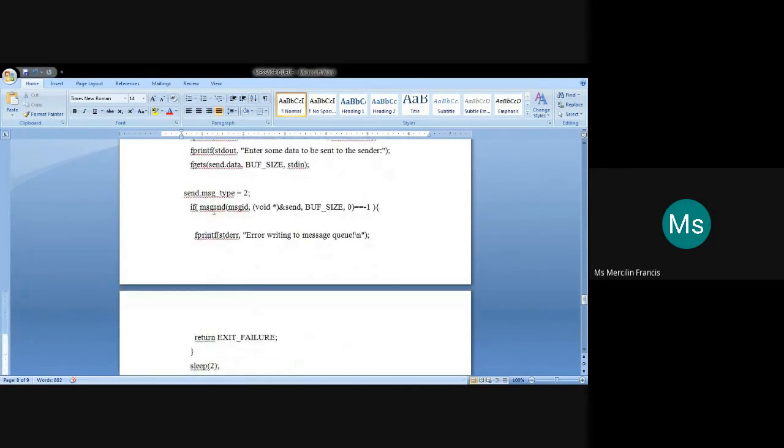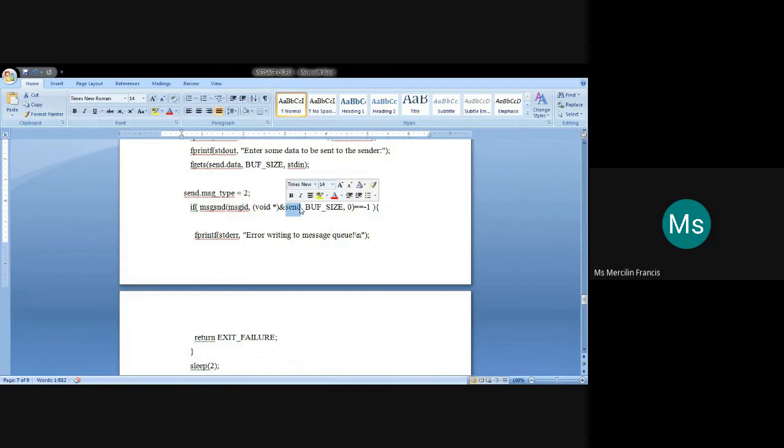Then MSG send. Once you have the data and type variable, using the MSG send function you will be able to send the data to the message queue identified by this MSG ID.